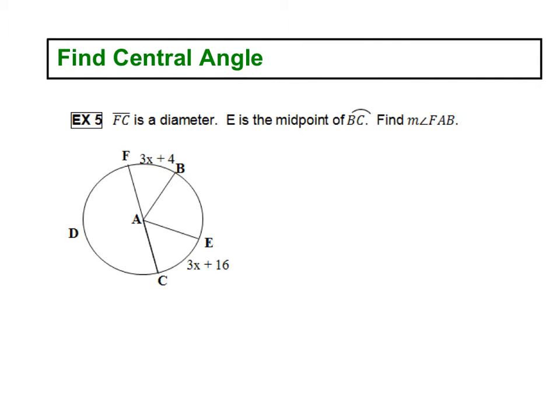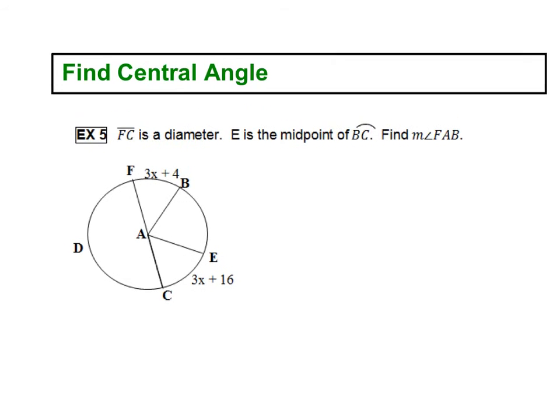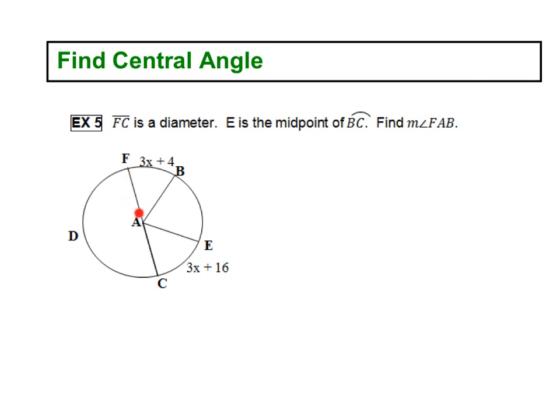Alright, so look at this fun picture we get to do. We are told that FC is a diameter, so here's FC, it's going through the center of the circle. E is the midpoint of arc BC, so B to C. E is that midpoint. It doesn't look like it, but what that means is that this arc is going to